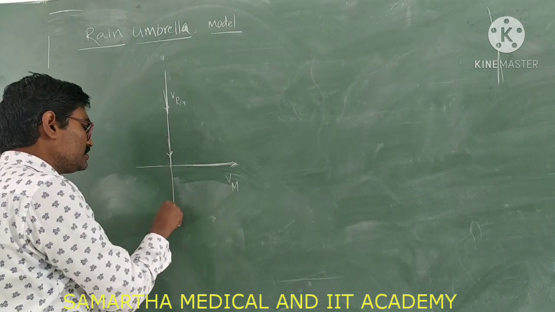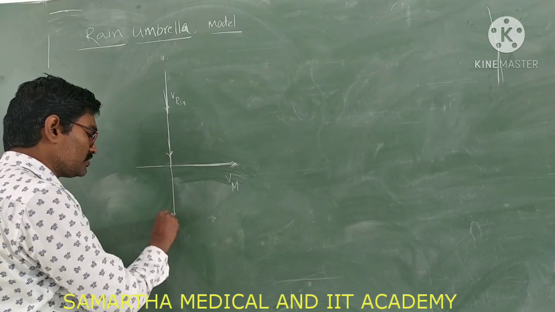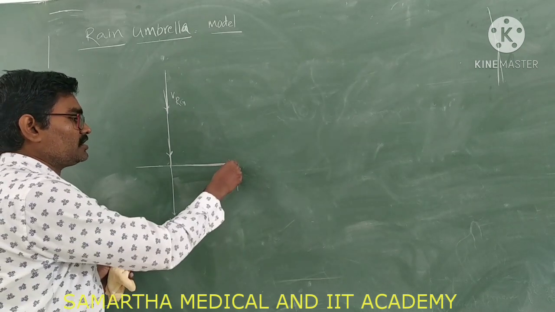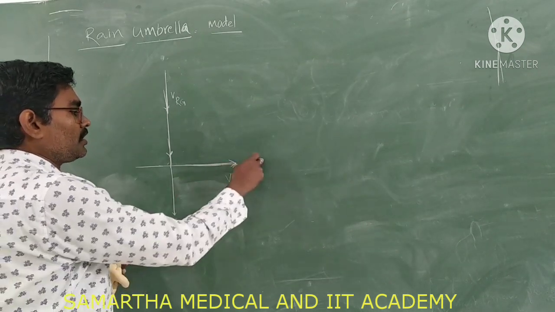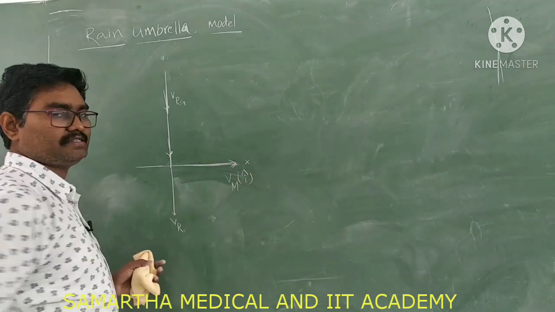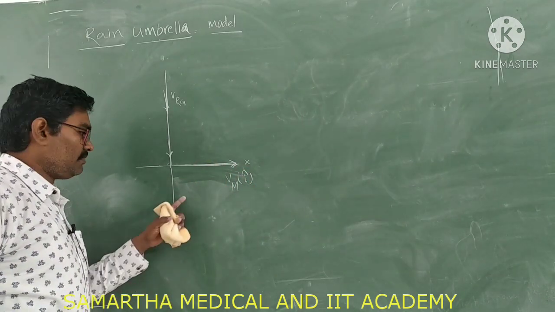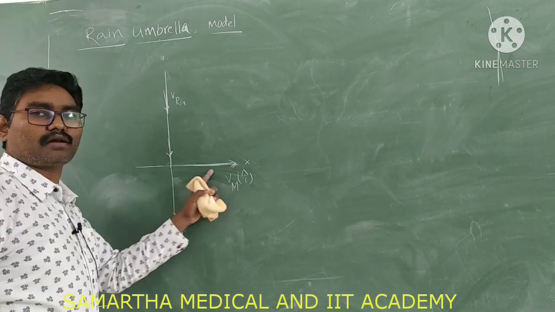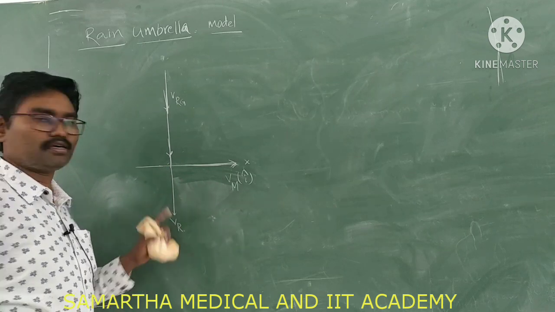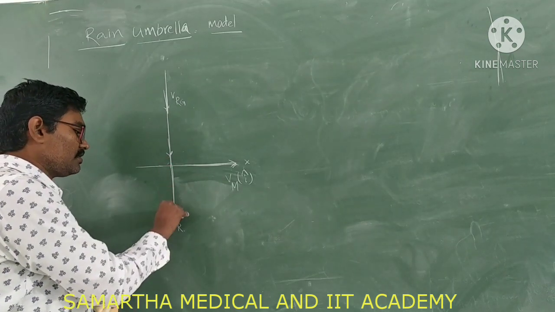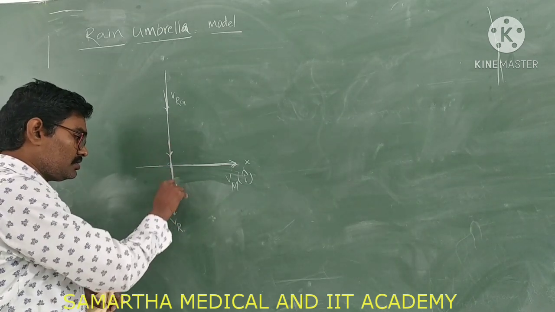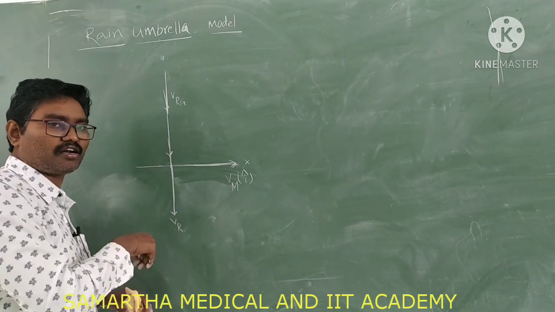So this is the direction of rain, going downward, the velocity of rain. This is the velocity of the man. If he is going along the positive x-axis, you can write Vm into i cap. That is the velocity of the man with respect to ground. Clear or not? Next, what is this? This is the velocity of the rain with respect to ground. Vertically it is falling down.